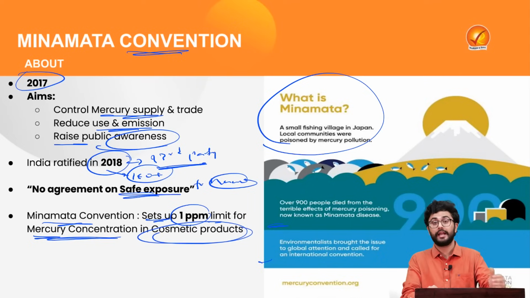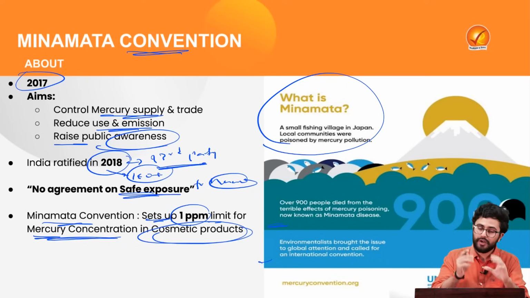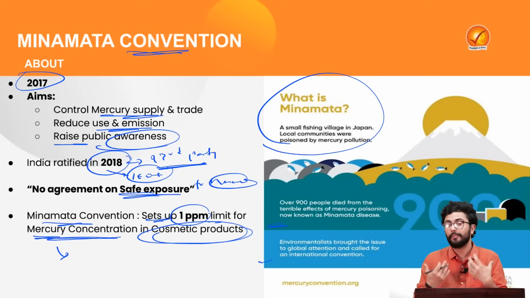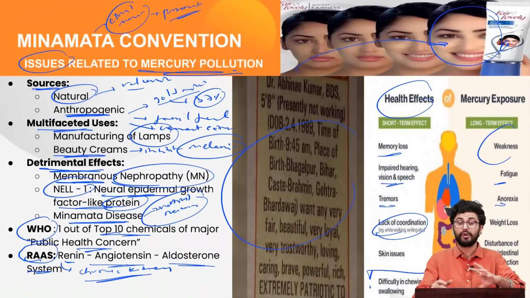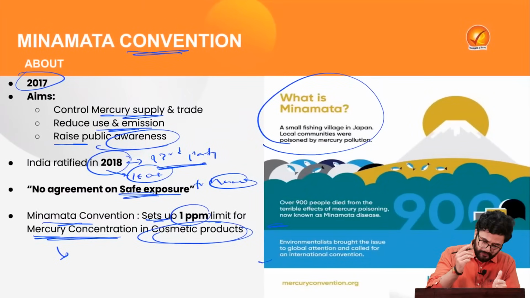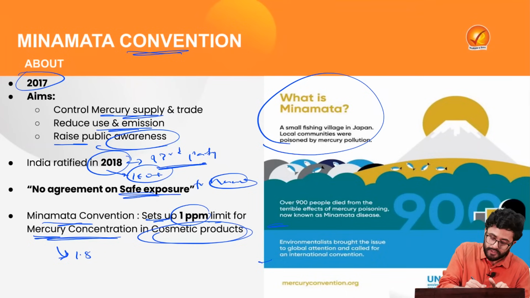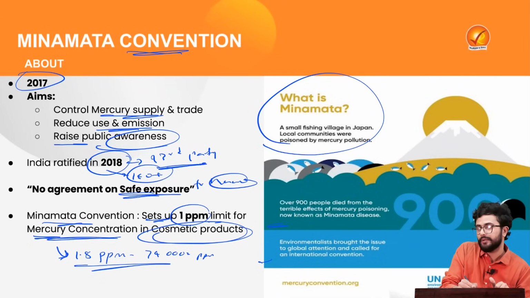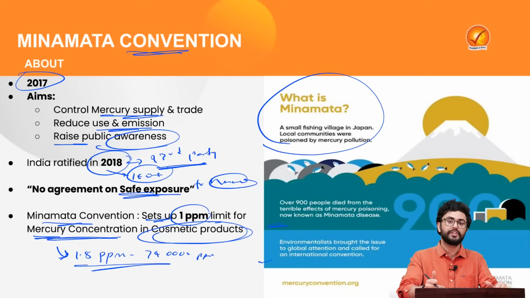However, as the report highlights, when it evaluated more than 200 products in more than 190 countries, it found out that the majority of the cosmetic products which we apply on our skin to become fairer, or for a man who is seeking a very fair wife in his life, have mercury exposure of 1.8 ppm to 74,000 ppm. Thus, there is an immediate need to further strengthen the Minamata Convention and to curtail mercury exposure and uses.